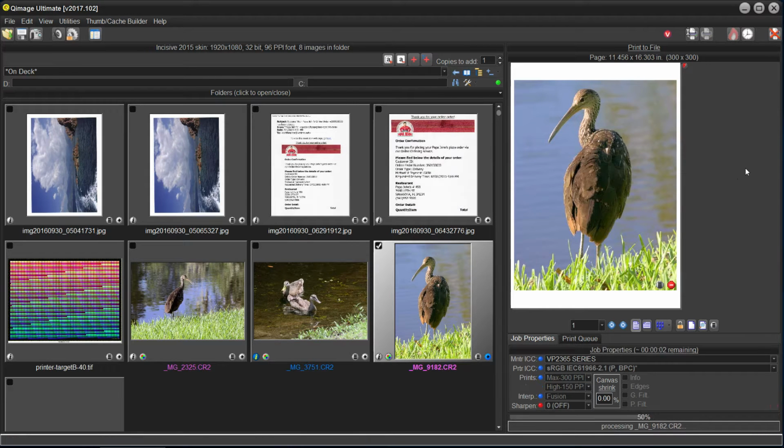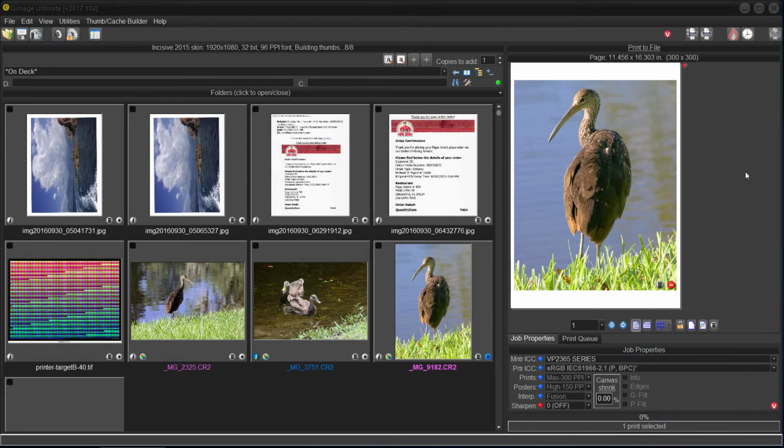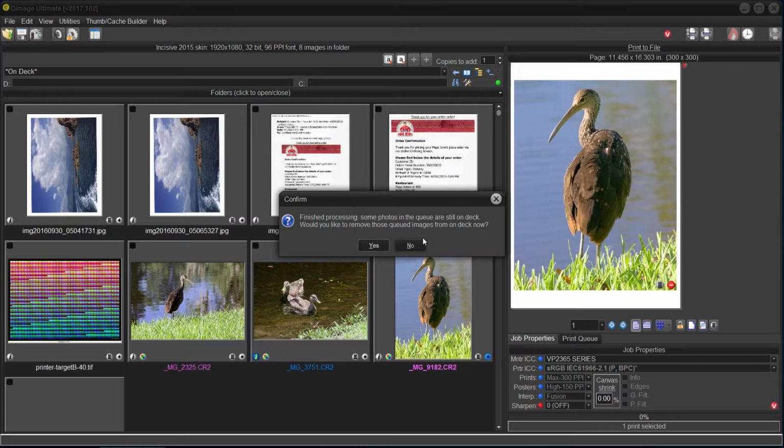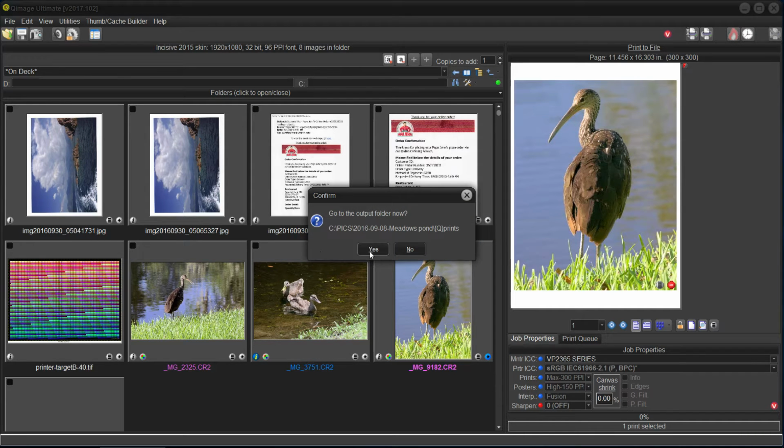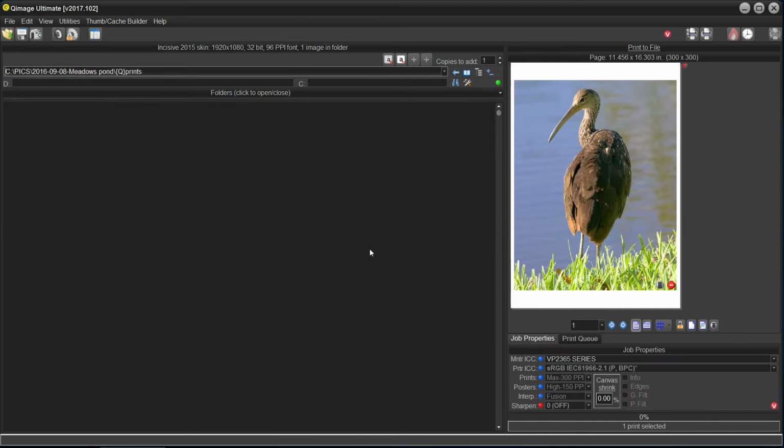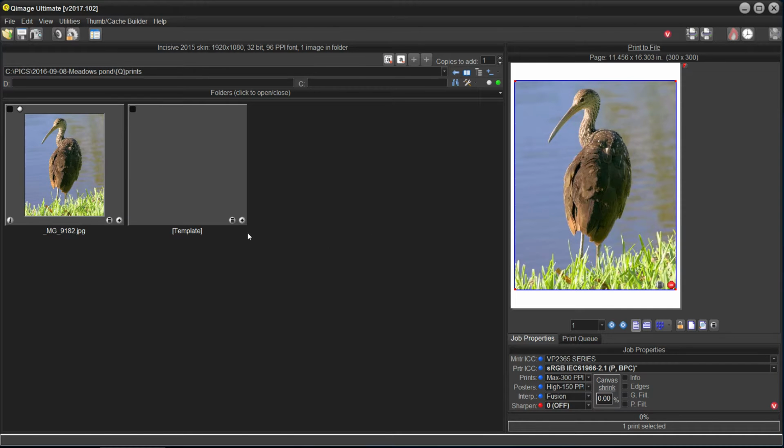And here we go. Okay, now it says, do you want to clear out your on deck? No. And now it says, would you like to see the print? Yes. And there it is. Now, here we are. I'm putting my pointer on it. Again, look at the hotbar. It's 300. Okay. This guy, if you remember, was 213. And we made 300. Let's pop it in the queue over here.